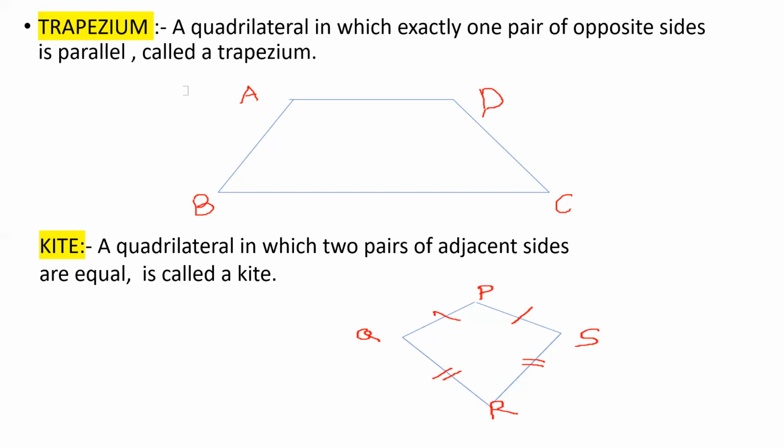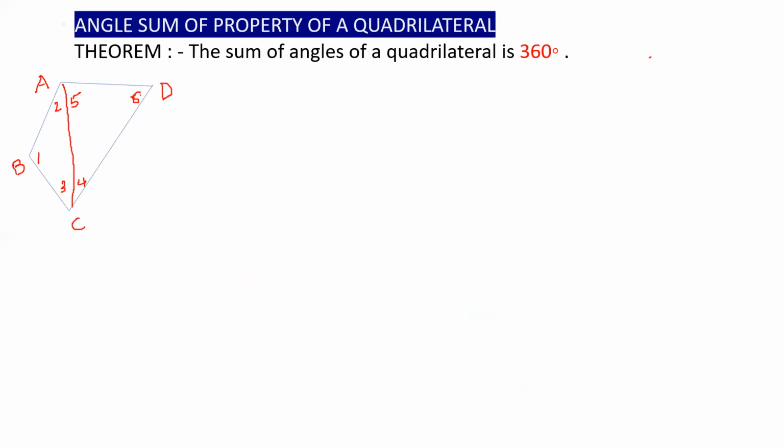Okay. Now we are going to see the next property of a quadrilateral, where you use this property the maximum number of times to find angle measurements. So the theorem is that the sum of angles of a quadrilateral is 360 degrees. Now here in this figure, ABCD is a quadrilateral. To prove how the angle sum is 360 degrees, we are using construction. As you know the angle sum property of a triangle, with the help of this previous knowledge, you are going to prove that the angle sum property of a quadrilateral is 360 degrees.